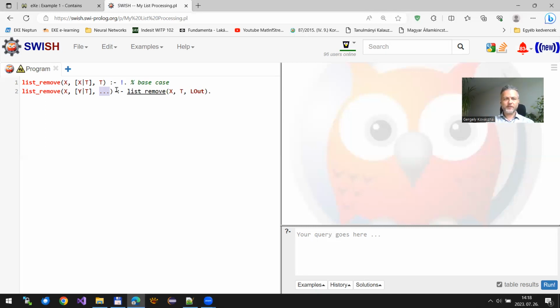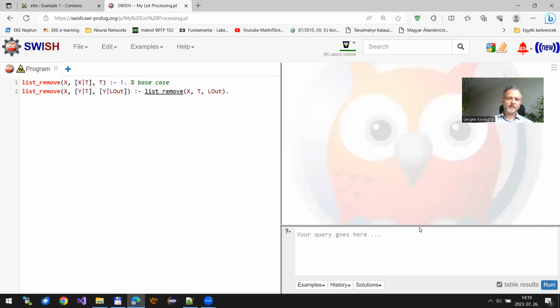So how to assemble the final result is easy. I should attach Y to this output list, so I should concatenate them. I definitely shouldn't remove Y from the list, so I need to keep it as the very first element of the resulting list. And this is what I'm doing here. Okay, it seems we are done.